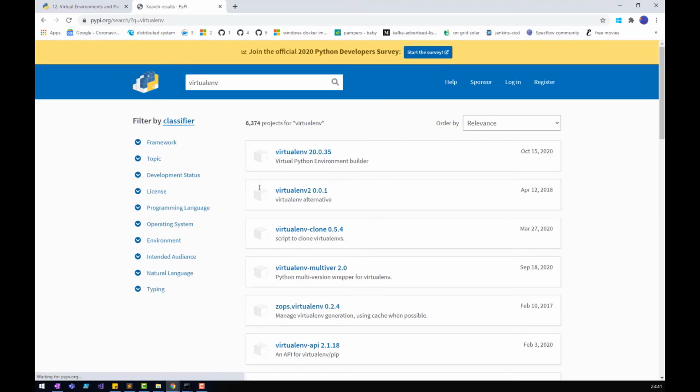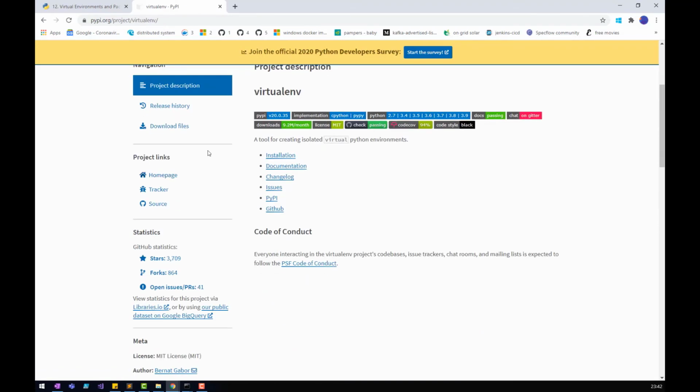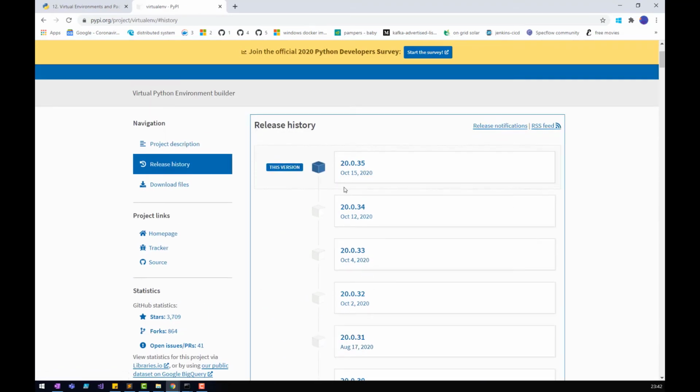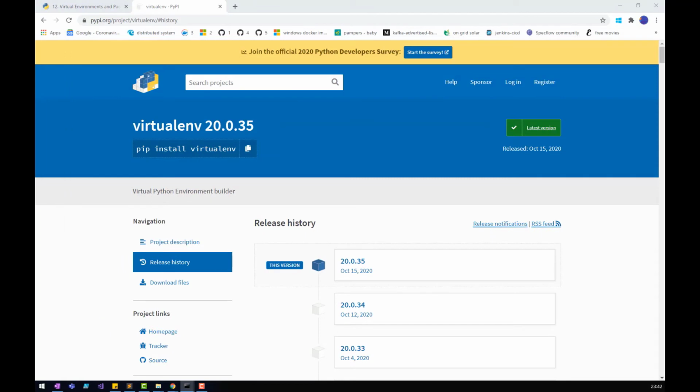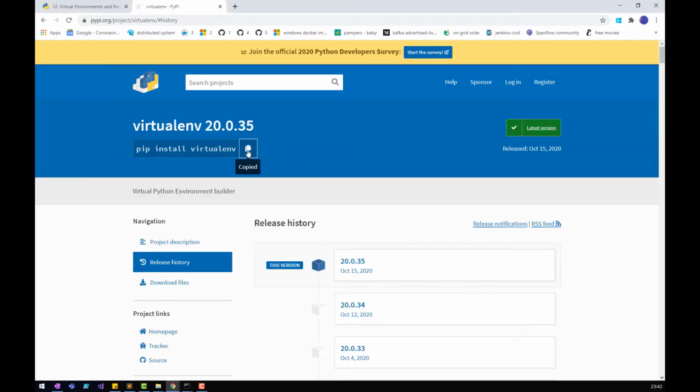Okay, now you can see virtual Python environment builder. So using this package also, you can create a virtual environment. So what I'm going to do, I'm going to install this package. Let me open the command prompt. So now let's install this particular package, Python. Let me copy this. This is copied, and